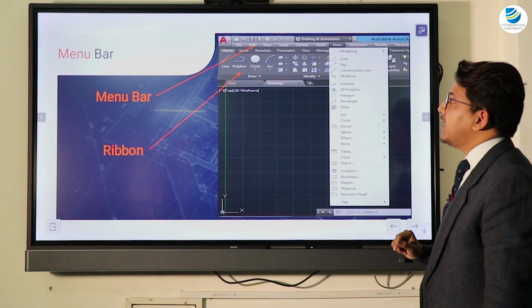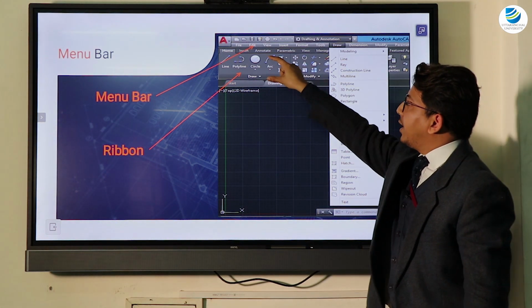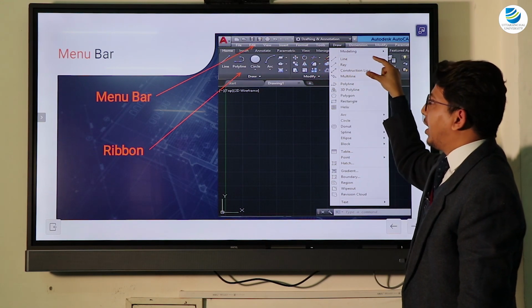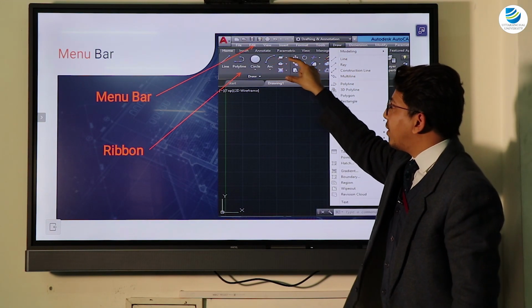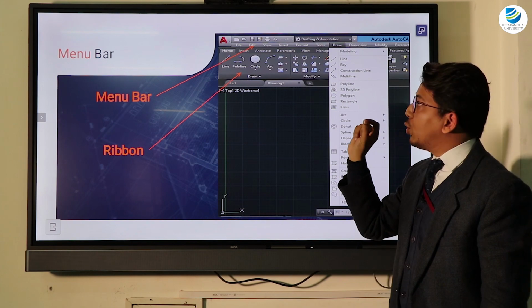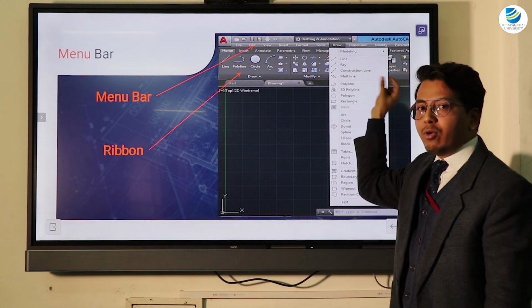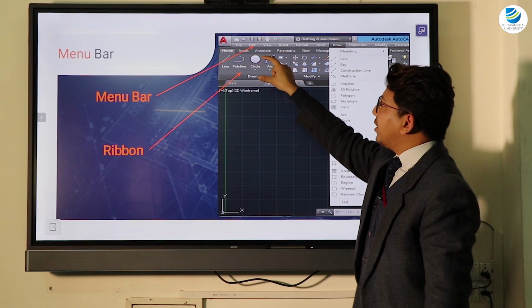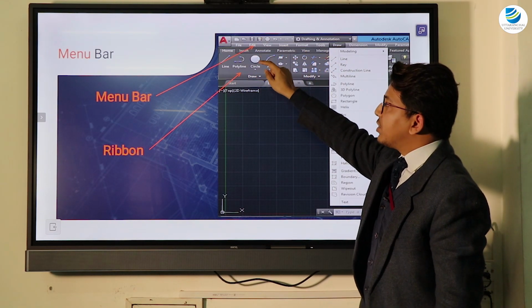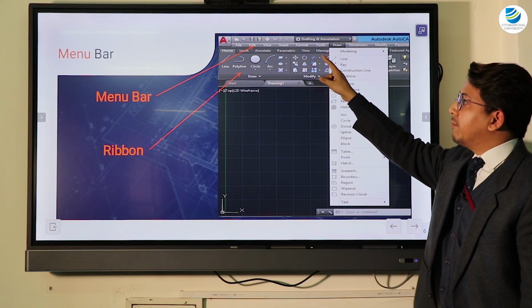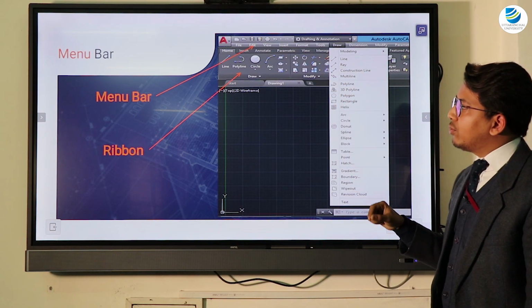Now let's come to the menu bar. Here we already discussed that this region is known as the ribbon. Whichever workspace is active, all the tools will be displayed here. In the menu bar, all of the options which are there in the panel will be displayed in the form of a list.